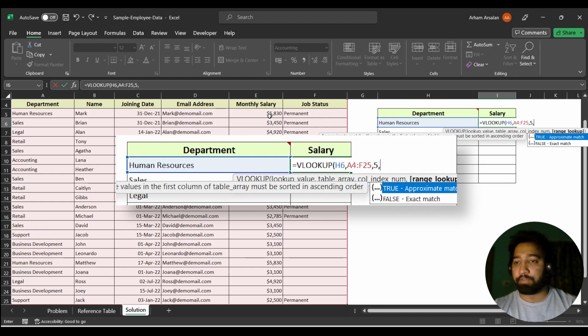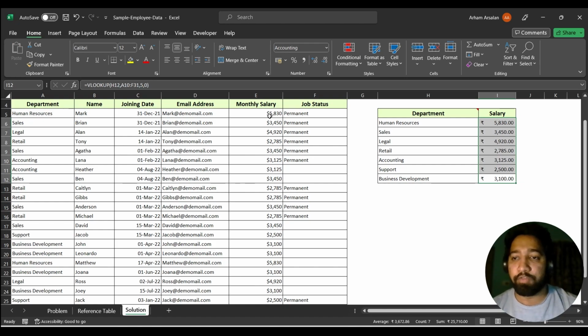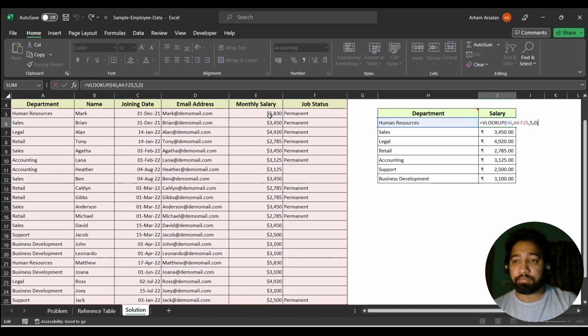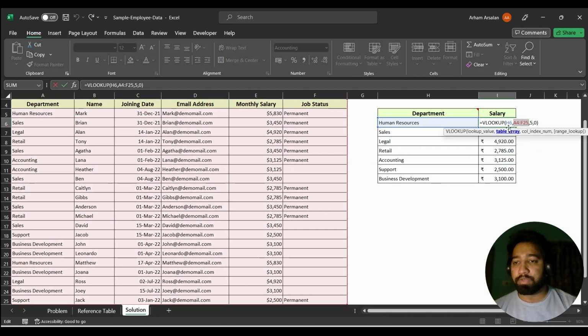I can either give false or I can give 0, and it will give me the lookup value for all the departments if I copy paste the formula, right? Here's a catch: if I go down at each cell, you will see that the range selection is also going down. So what we need to do is select the table array and press F4, which will